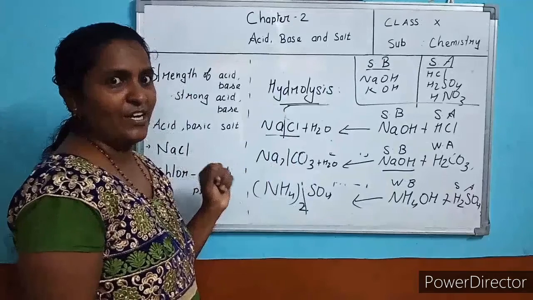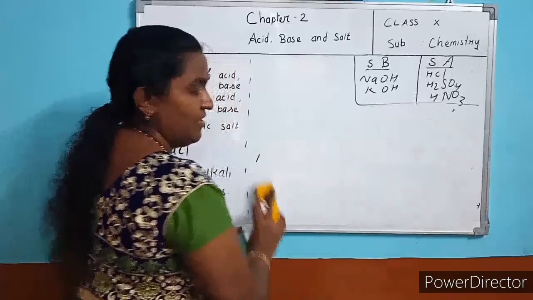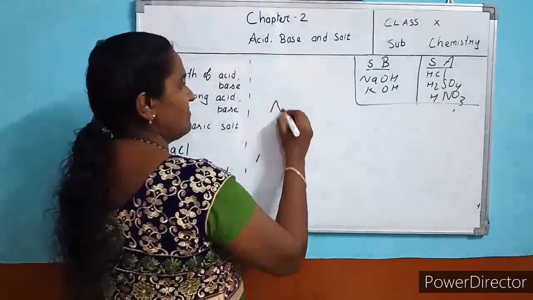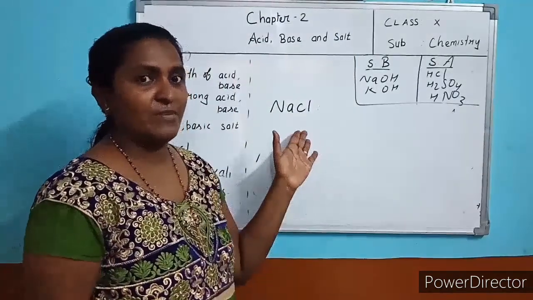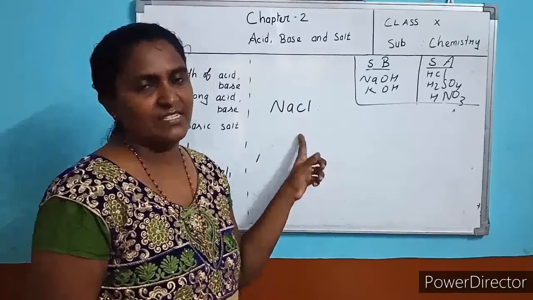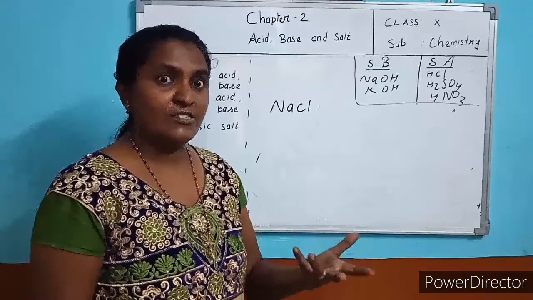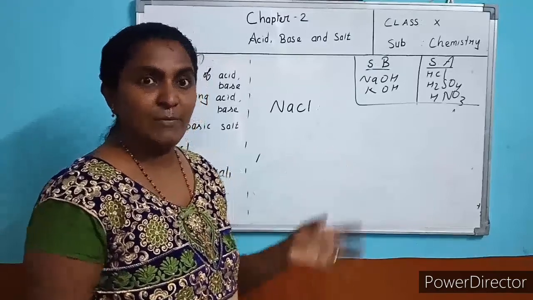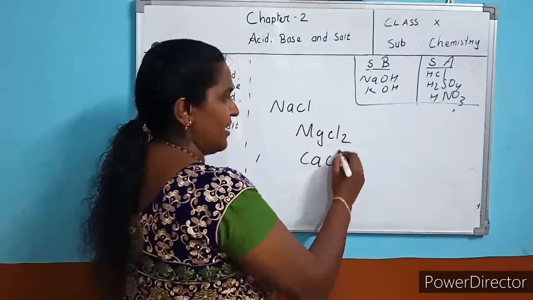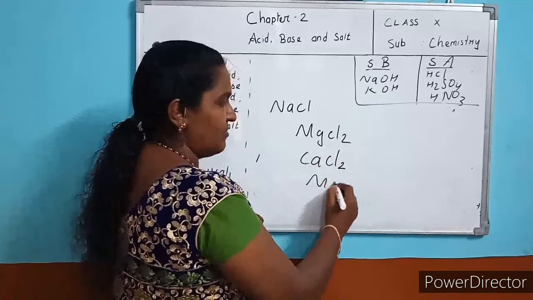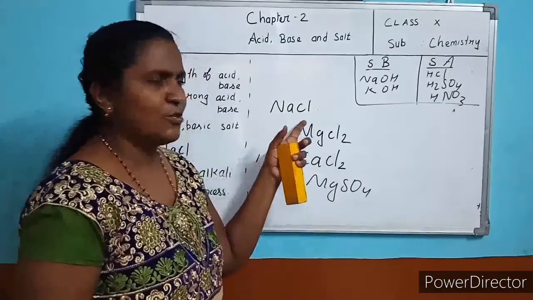Next topic is rock salt. You are going to learn rock salt. Rock salt is table salt, you know. What is table salt? NaCl. You know from where we get this salt? By the evaporation method from the sea and ocean we get this salt. In the sea, a number of salts are present along with NaCl, for example magnesium chloride, calcium chloride, magnesium sulfate, fluoride. These are the impurities present along with the sodium chloride.